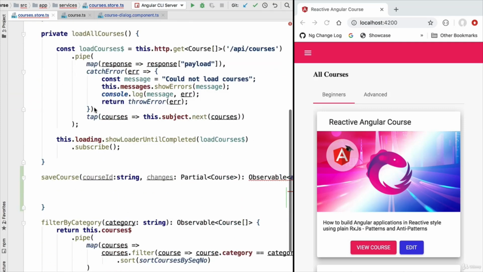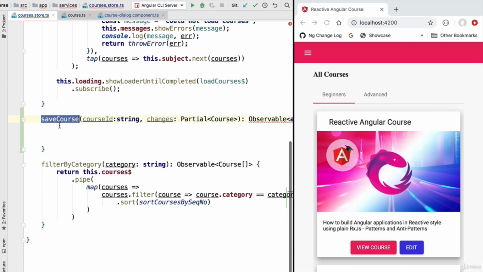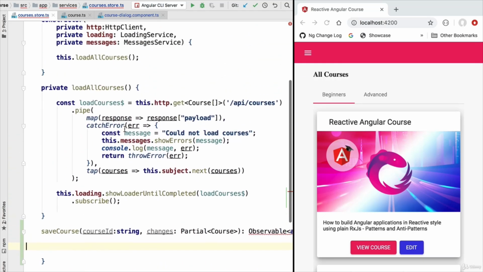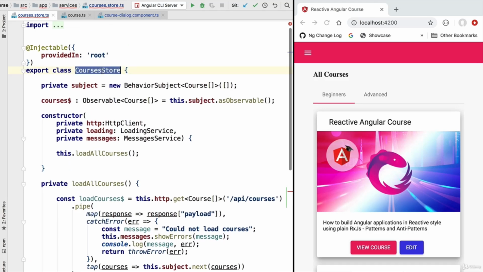This means that here in our save course method, we effectively want to do two separate things. We want to update the data in memory first, and then we want to trigger a save to our backend. Let's start with the first part, which is going to be to modify the data in memory. So where is our data, the list of courses? If we scroll up, we are going to see that here in our courses store, we have as a